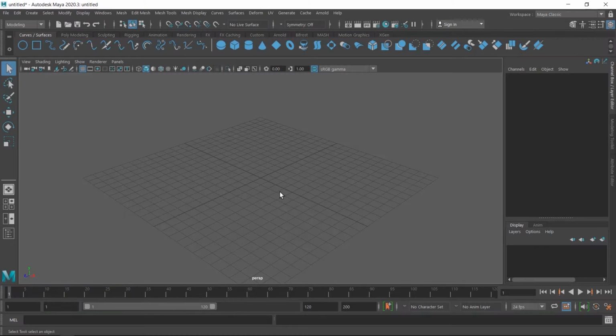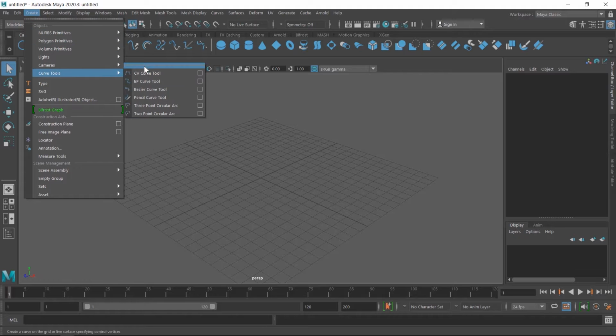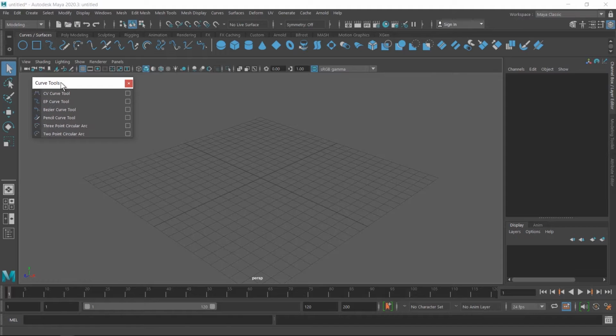In this class, we learn more about curve tools. First I place the curve tool on the viewport. I go to the create menu and click on this thick line to detach it from the tool menu, and then place it here. In the last class, we created curves by using these curve tools, and in this class we discuss